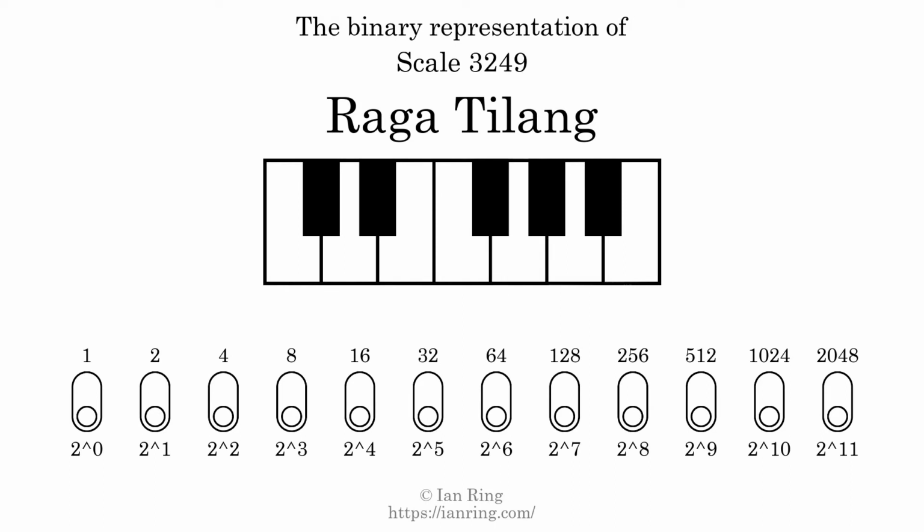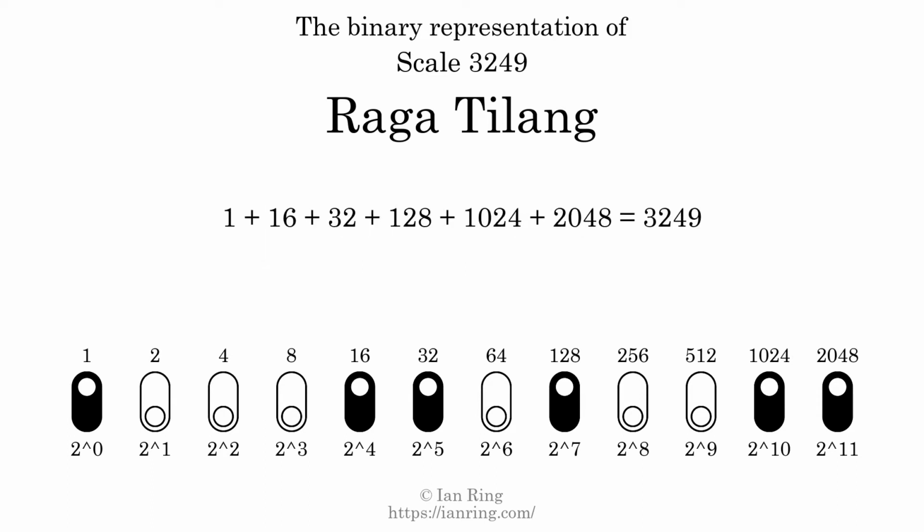The binary representation of this scale is determined by mapping tones of the scale to binary digits. Each binary digit represents a power of 2. To get the scale number, we add the powers of 2 together. The powers of 2 that are present in the scale, all added together, equals 3249. That is why the scale number, in decimal, is